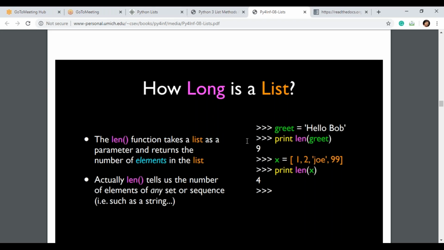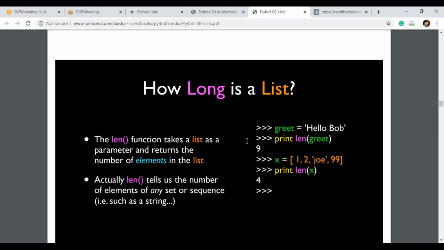You can count it: HELLO is 5, space is 1, BOB is 3, so 9. So 9 is displayed on your screen. Length will give you an integer as the result only.